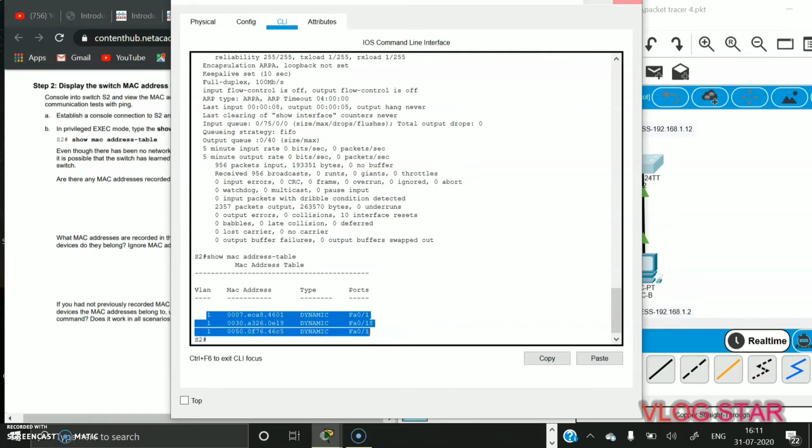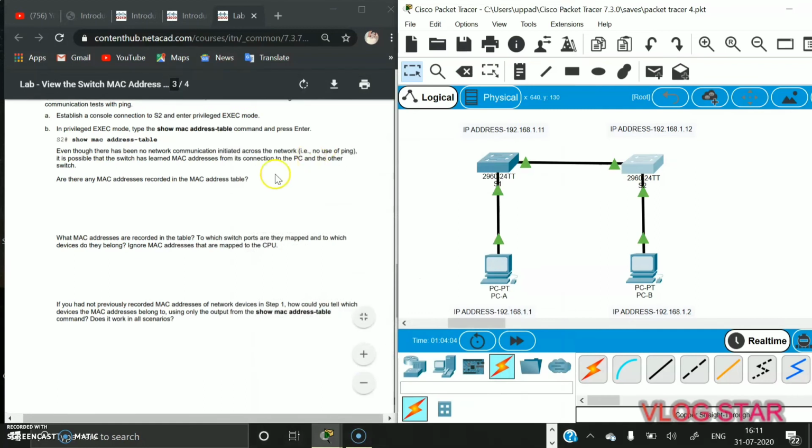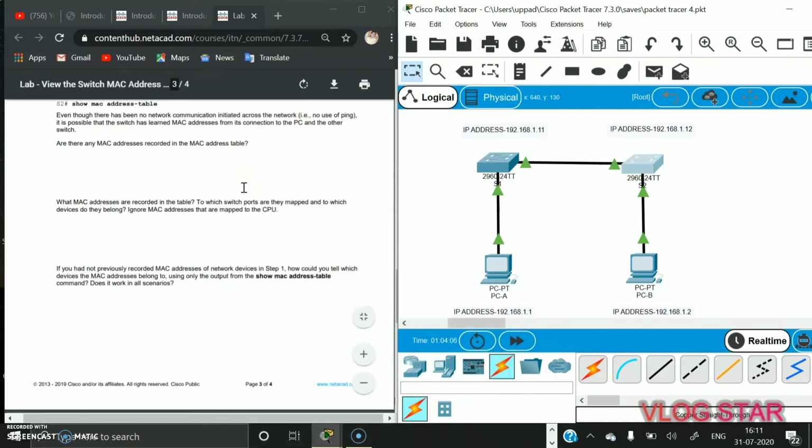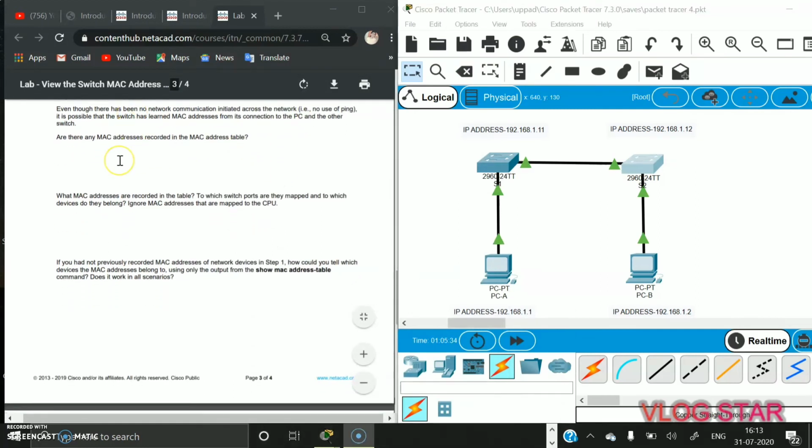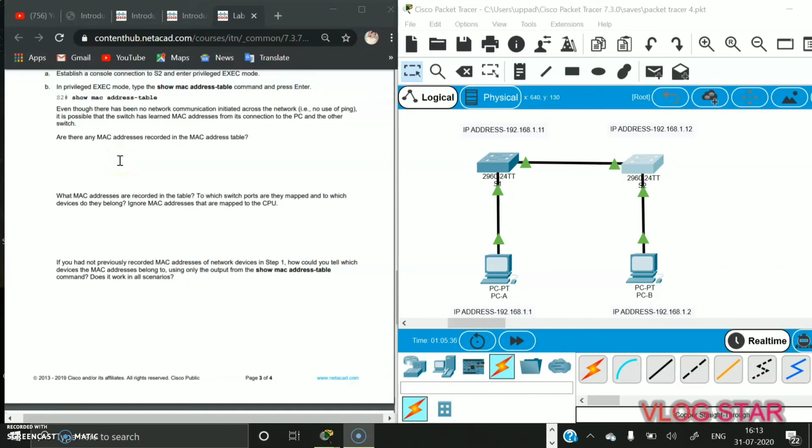Okay. Now after that, some questions are given. Are there many MAC addresses recorded in the MAC address table? Yes. What MAC addresses are recorded in the table? To which switch ports are they mapped and to which devices do they belong? Ignore MAC addresses that are mapped to the CPU. We have to ignore the MAC addresses assigned to the CPU, and we have to compare the MAC addresses we saw before on PCA and PCB.